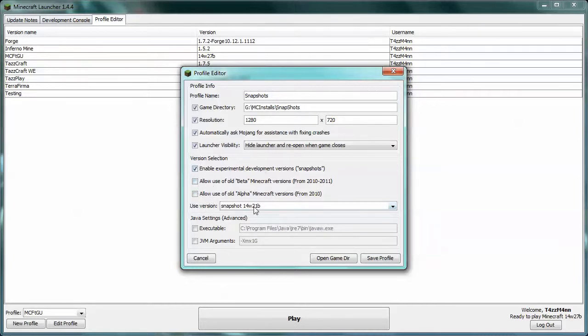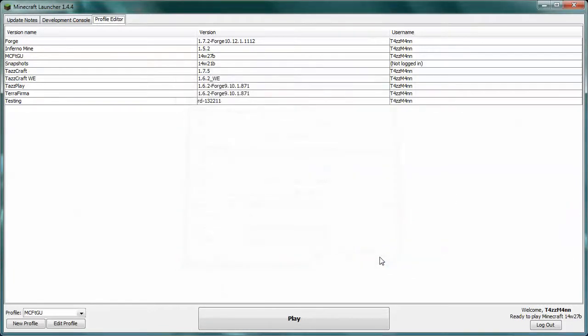So anyway, now we have that. Now if you have Java in a different place, you shouldn't have to change this, and if you want to assign more RAM to your computer, you can always increase. This 1G means 1 gig of RAM is dedicated to this Java virtual environment. If we wanted 2, we just change that to 2, and so on and so forth. It should be fine with 1. So now we're going to hit save game,